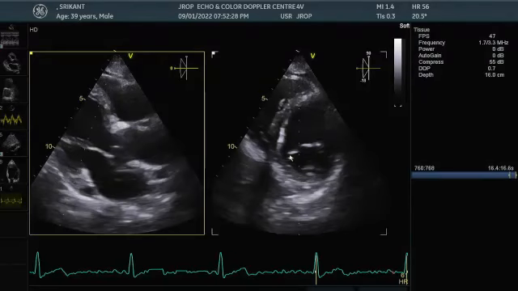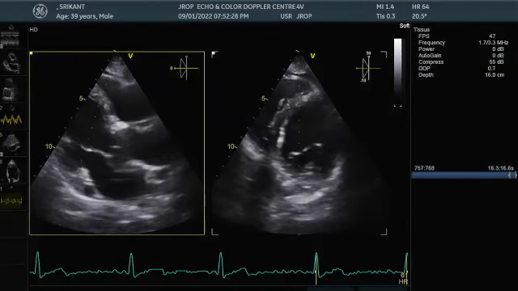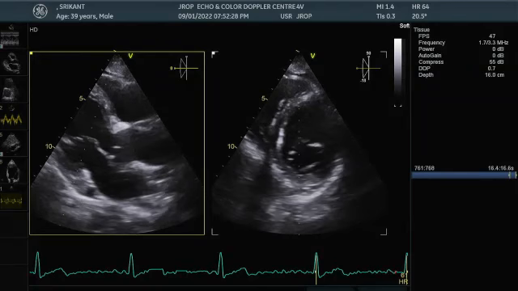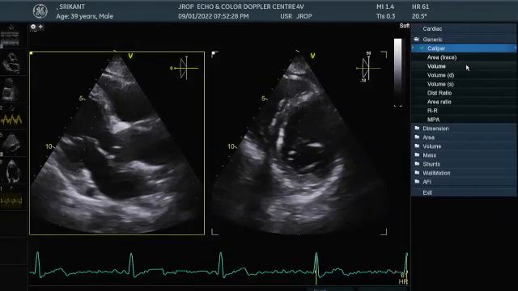Sir, in the same image, for MVA planimetry, this lower leaflet is getting merged with the inferior wall. So I am getting the same problem. A lot of times that lower, posterior leaflet gets merged with the inferior wall. Then how to calculate that? It is not merging in this view, but I am getting the problem, sir. So I'm telling you, the problem is that you're doing oblique imaging.